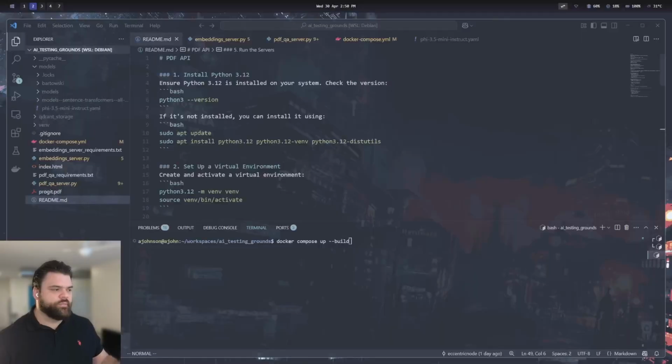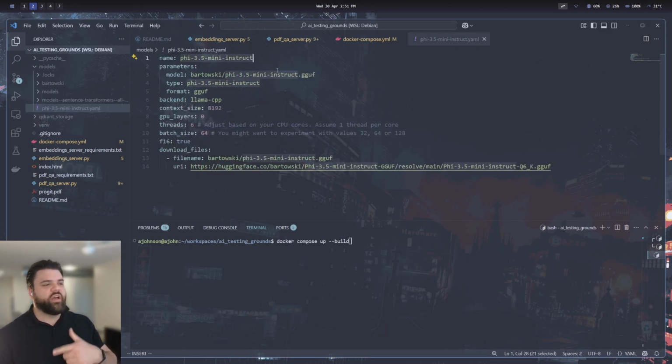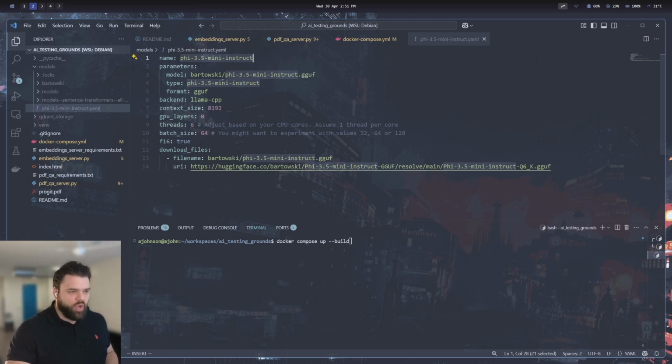Let me just share my screen so you understand what I'm talking about. So this is the README right here. Over off to the side here, you can see I'm using Phi 3.5 mini instruct. This model is off of Hugging Face, as you can see here. And it's specifically for